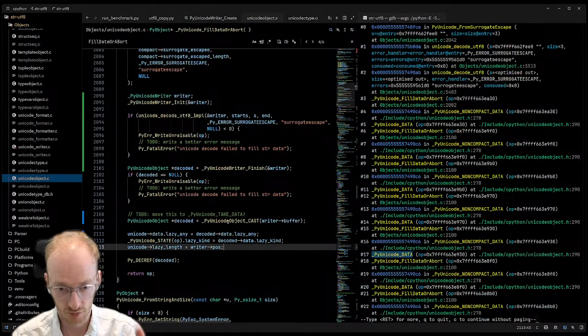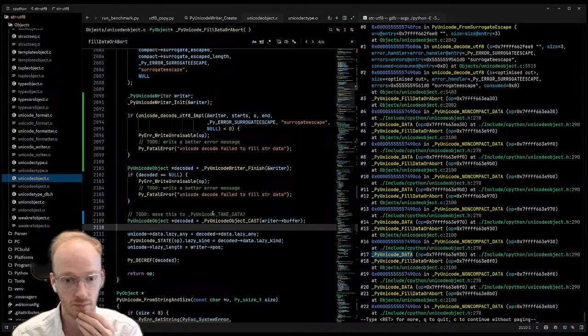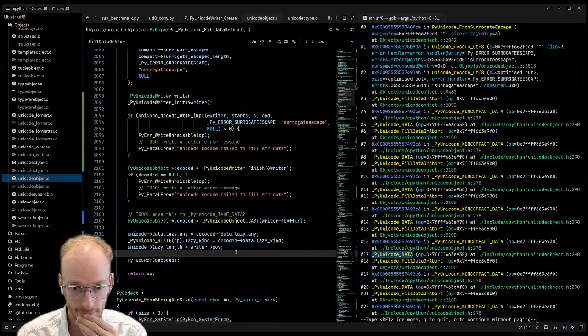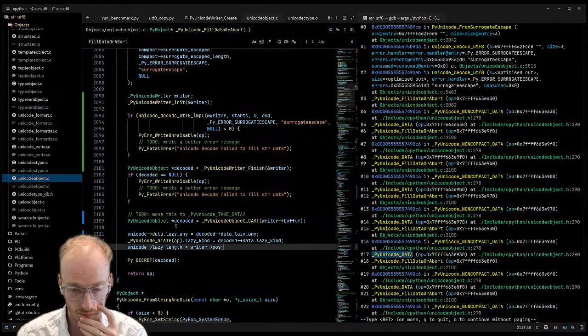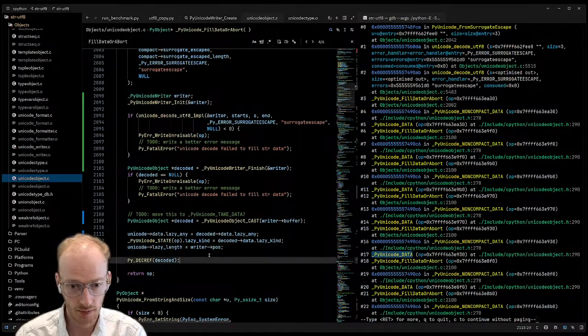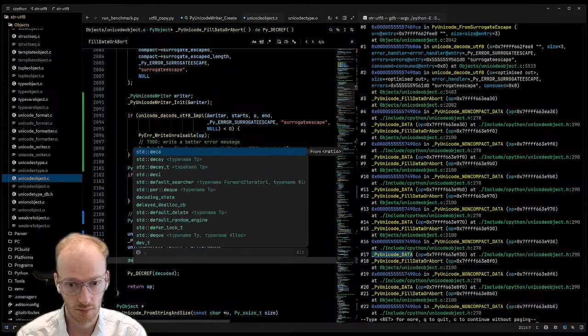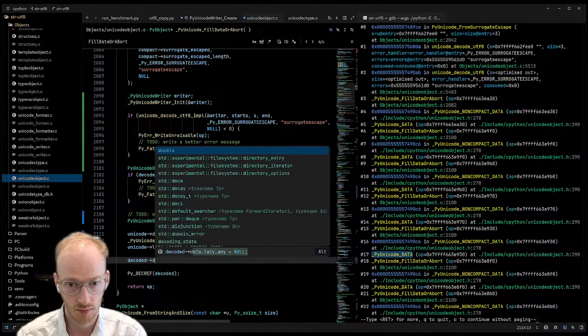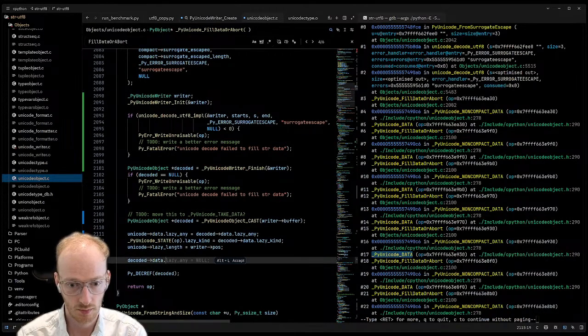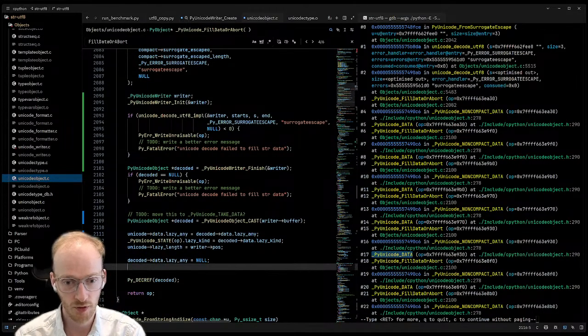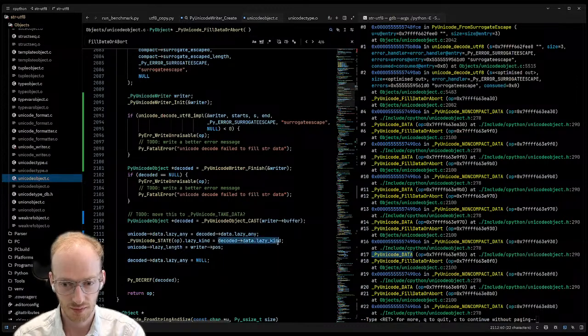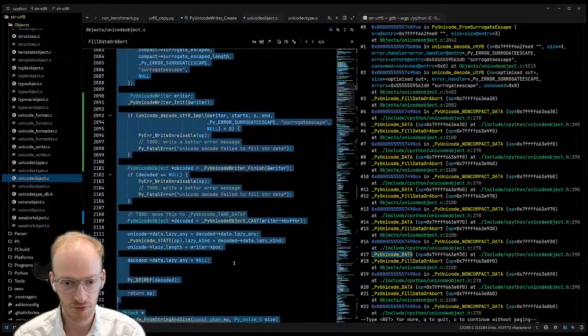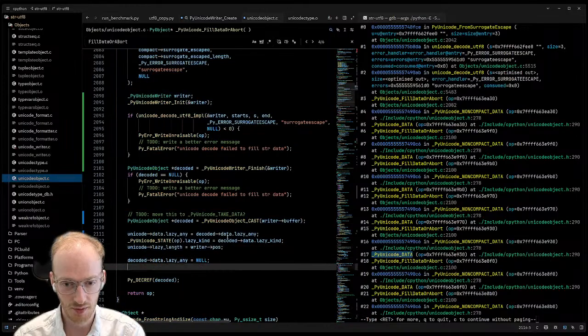The question is... But before that, we want to set its lazy any to null. Yes, I think so. Hopefully, the allocator will handle that. It hopefully already has, because we must have dealt with that when we did the other thing.